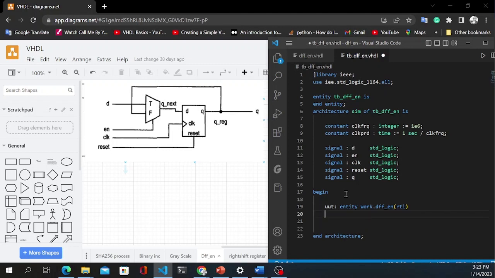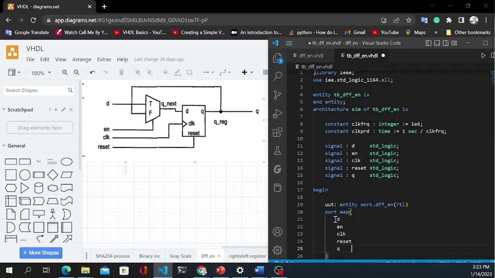Alright, then we come and find our ports, our port map. Right, and our port map is this one right here, and okay,